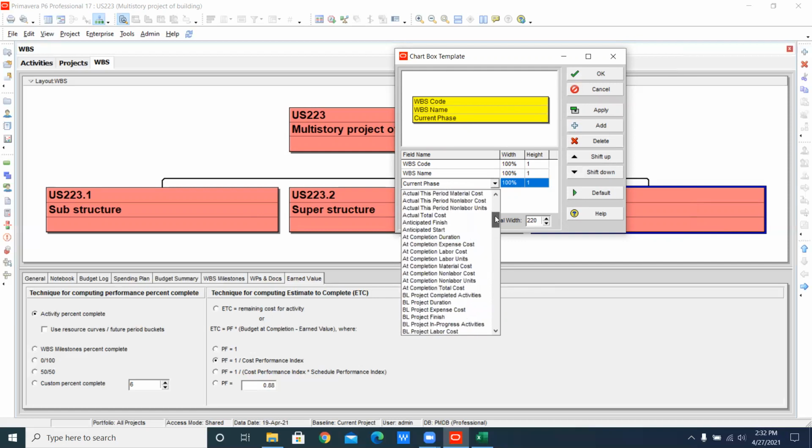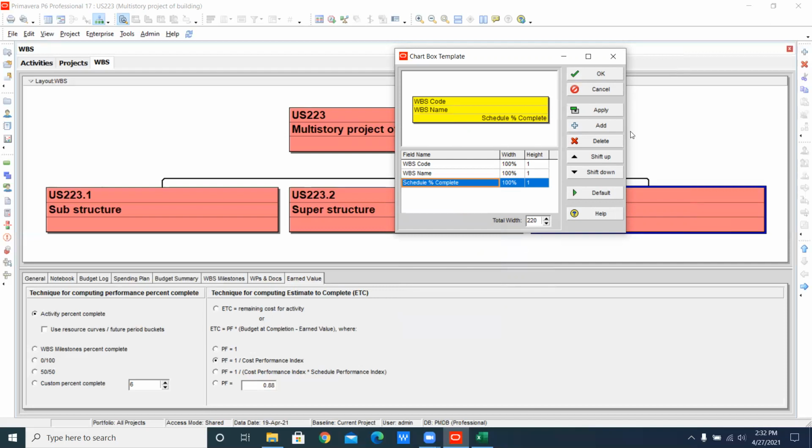So you can see here the actual non-labor cost, all the costs will show you 0 here because at that time we have not added any cost. I want to say that you can add anything you want, like original budget, priority, project destination, project budget, anything like risk rating, a schedule percent complete. What is schedule percent complete?